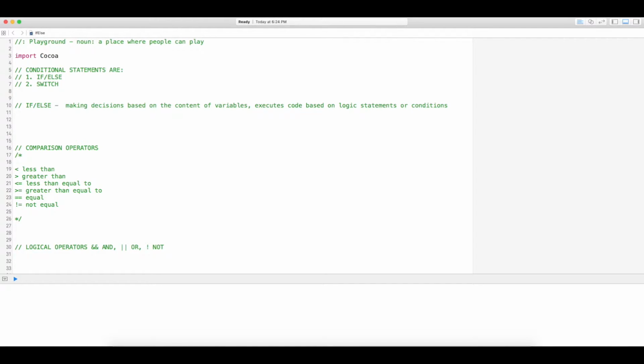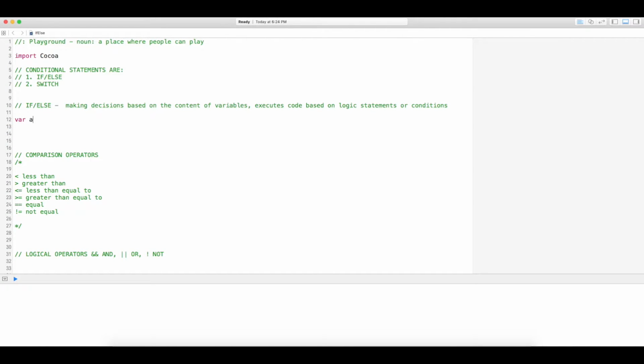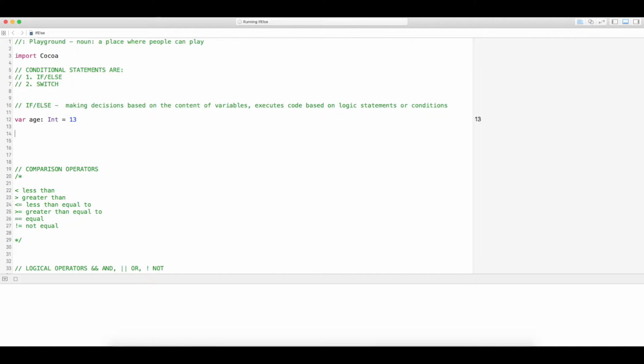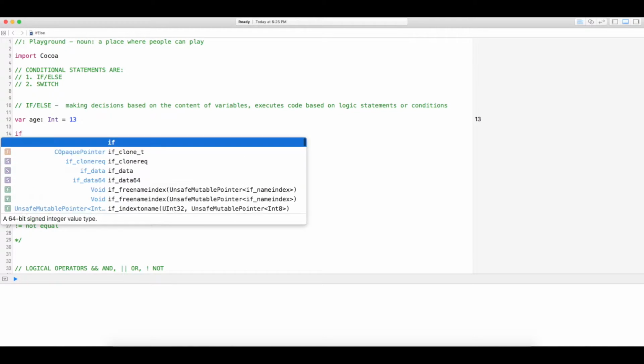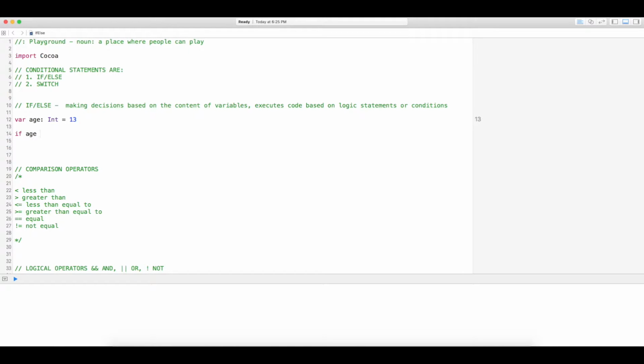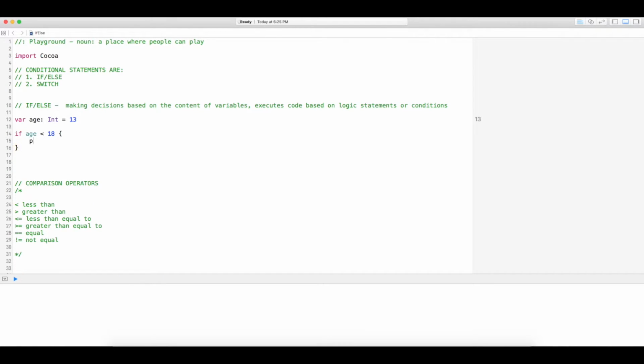Let's start with, say, age. So var age, and we're going to go ahead and make this an integer because it's just easier to work with. And let's say, let's make it 13, all right? So we're going to evaluate and see if the age is considered a teenager or not, all right? So if age is less than 18, then we'll print out,